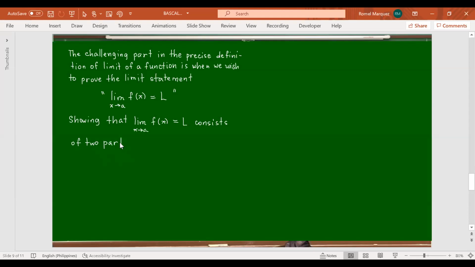So I'll be trying to show to you how to prove this limit statement. And let me see if I will be able to give justice to this, because as I said, it's not easy